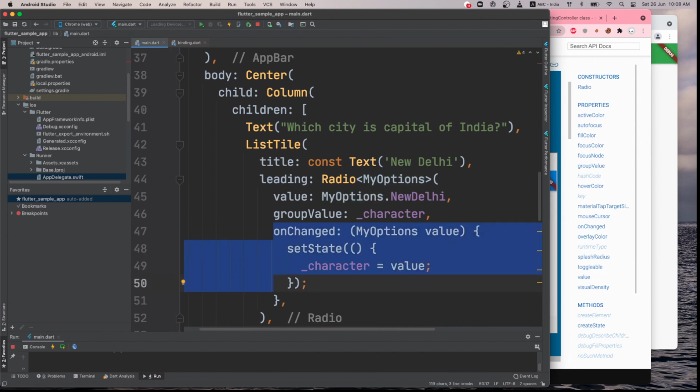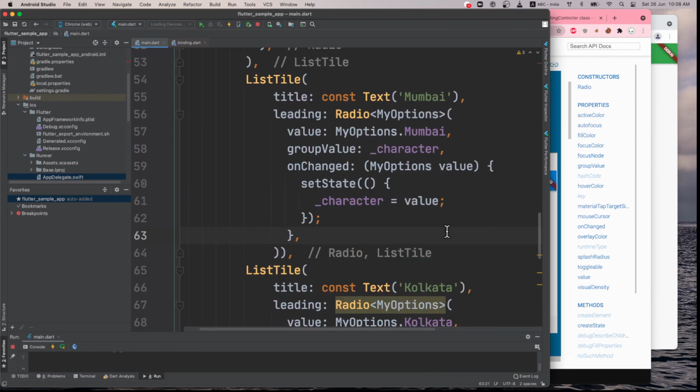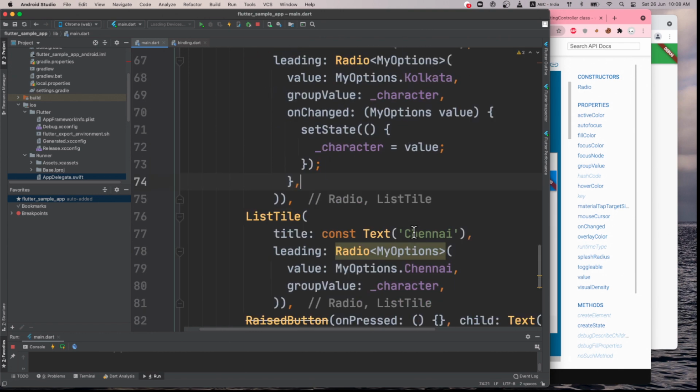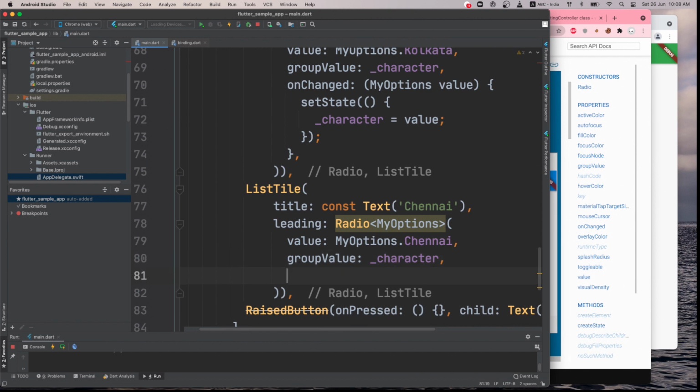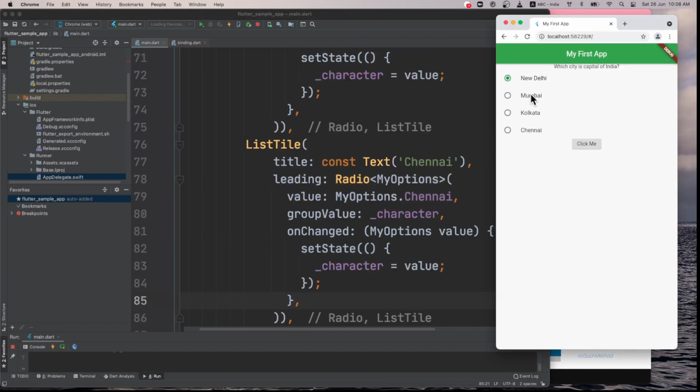Then all the options should be selectable one by one. So this is how you will be doing it. 2, 3 and one more 4.